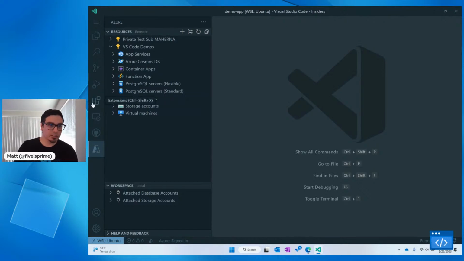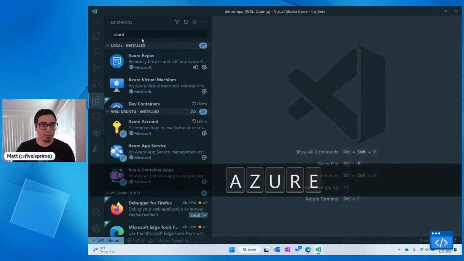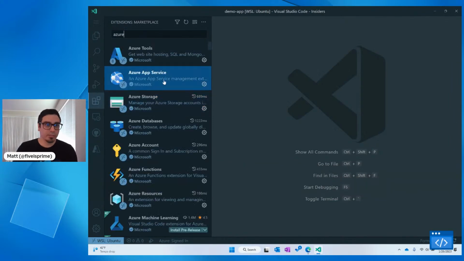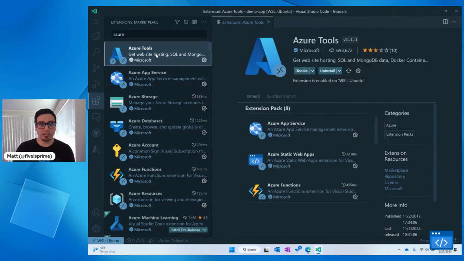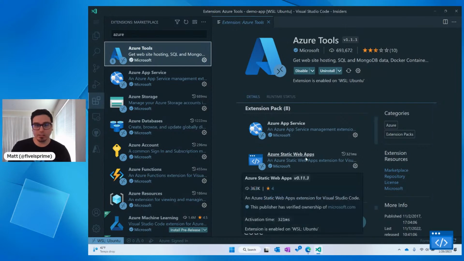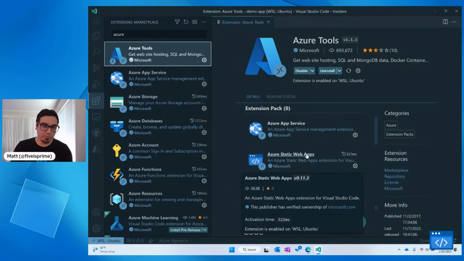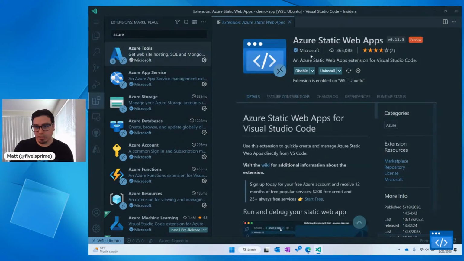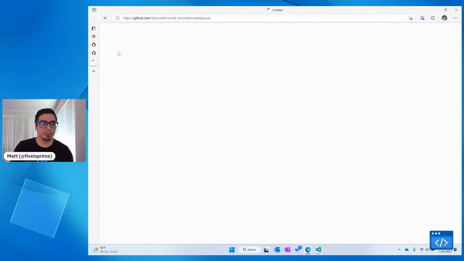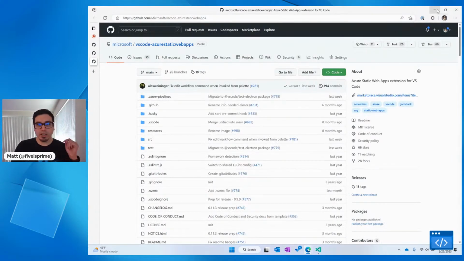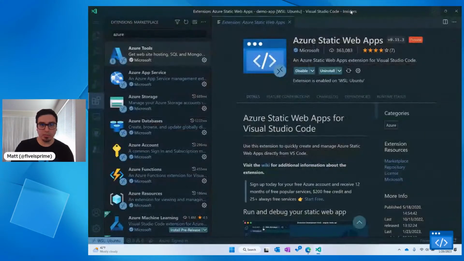So prerequisites. First of all, if you go over and search for Azure, there's this Azure Tools extension pack that has the Azure Static Web Apps extension. That's what we're using. You don't have to install all of these. You can just install static web apps, but I definitely recommend getting the whole package. Another interesting thing is if you go in here, you can always find the repository for the extension. Alex, Nathan are like the core developers on this, fantastic devs. If you ever have issues with this, you can go right there and open issues. Anyway,